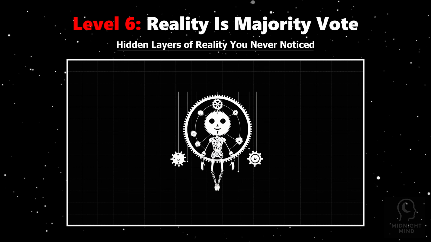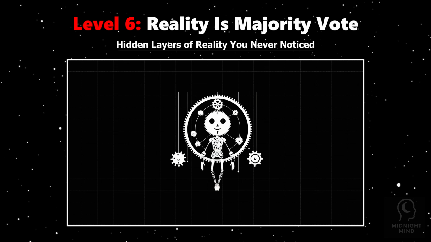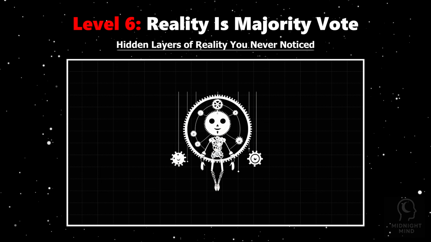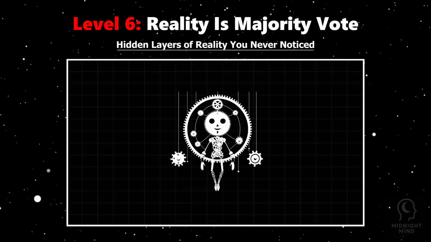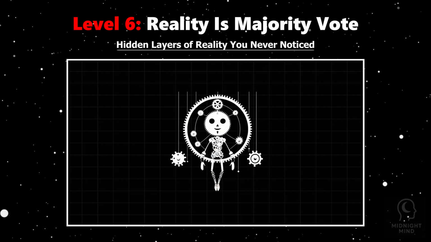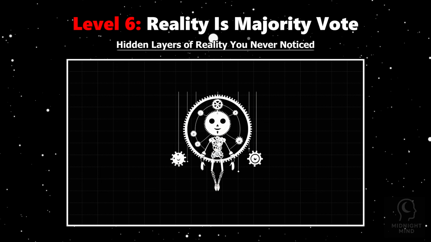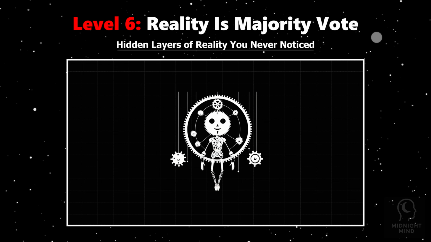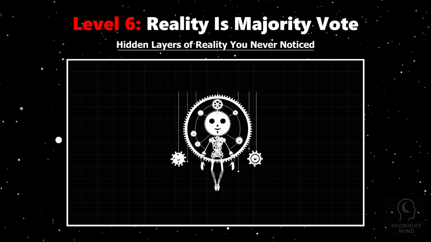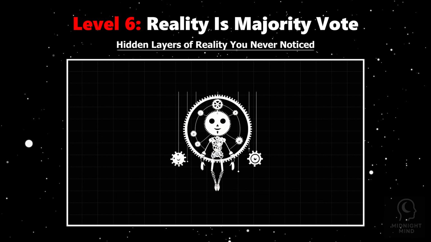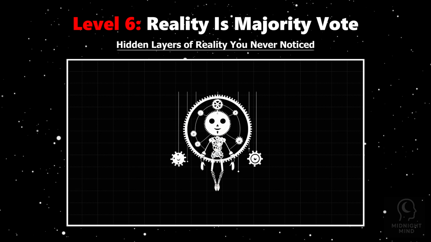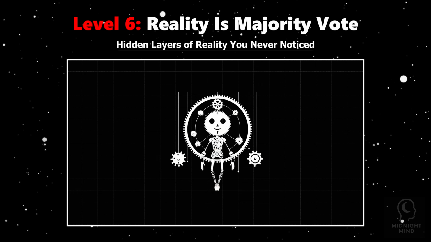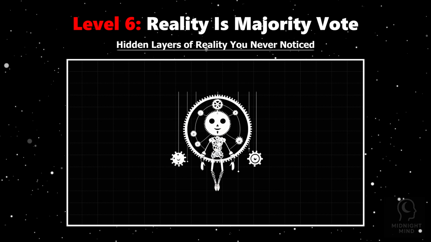Science shows us that perception itself is a construction. Our senses filter, interpret, and sometimes distort information before presenting it to our conscious mind. The world we see, hear, and feel is mediated through neural pathways shaped by evolution, culture, and expectation. This means what's real to one person may not be to another, because reality is filtered through subjective experience.